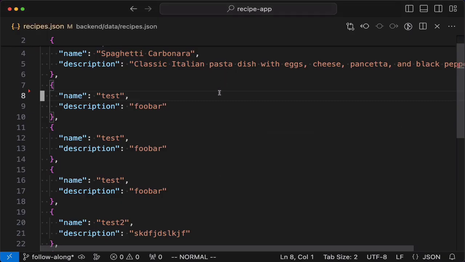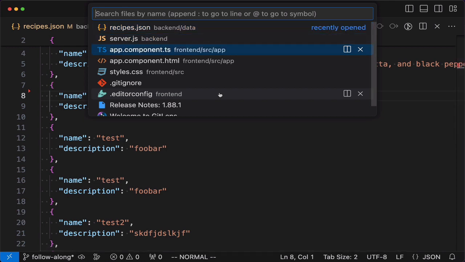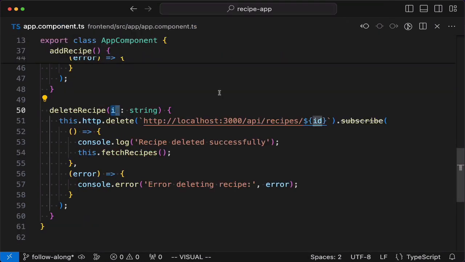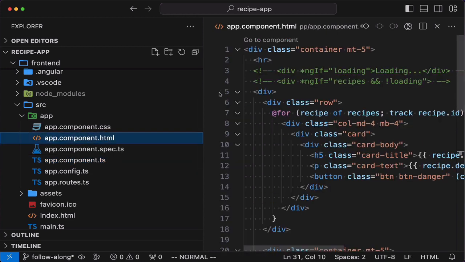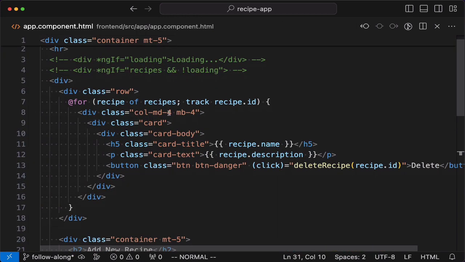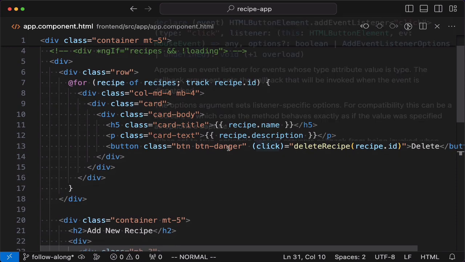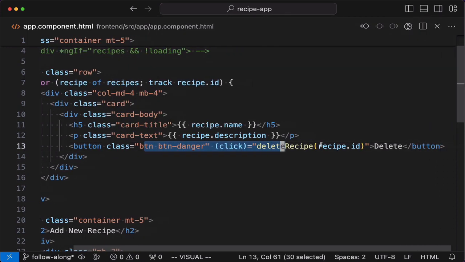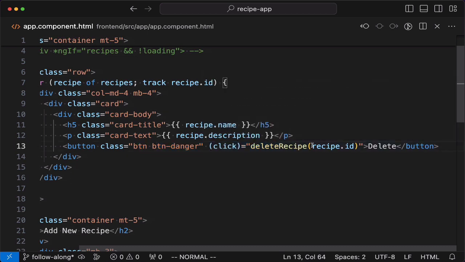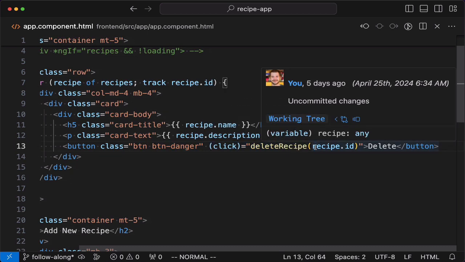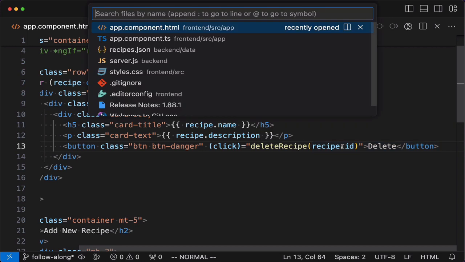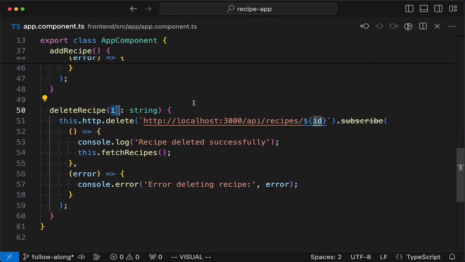Let's look at the front end. Let's go into the Angular component where everything is. Let's look at the template. So for when we list the recipes here, this is the delete button right here. When you click on it, it calls deleteRecipe while passing the recipe ID. And if we check the implementation of deleteRecipe, it calls the endpoint in the backend for deleting that specific